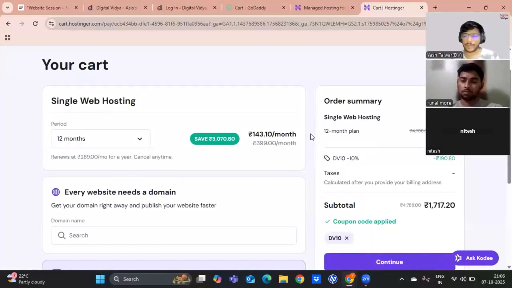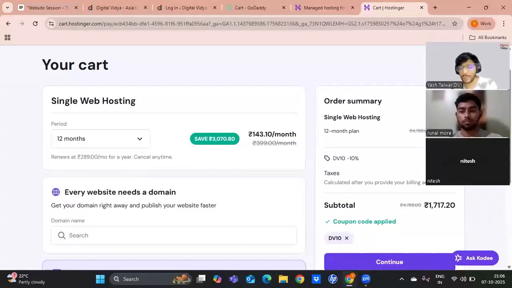Okay, so now the choice is yours. You can decide whether you want the single plan or the premium plan, and the domain name as well is something that you have to decide for yourself. To help you with the domain name selection, I can show you a website, right, which will help you in the name selection or finalizing the name.